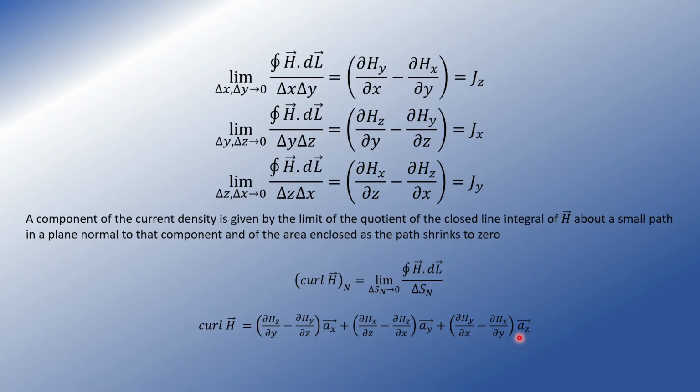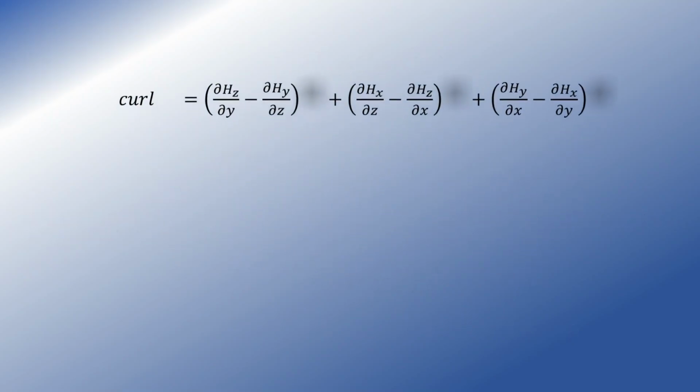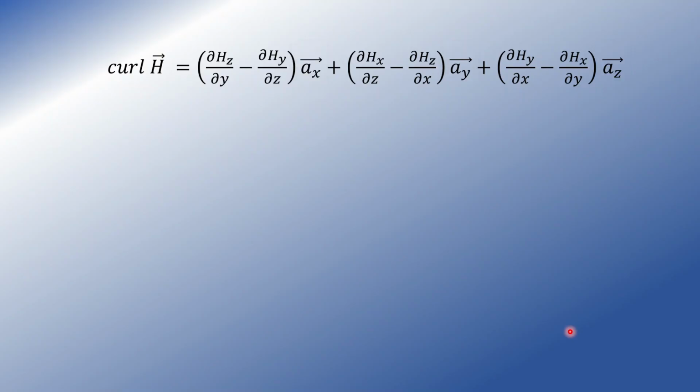ax, ay, az vectors, that is the x component plus the y component plus the z component. So we see here the x component is ∂/∂y of Hz minus ∂/∂z of Hy. This is in the x direction, so we use a unit vector ax. This is in the y direction, so we introduce a unit vector ay, and this is in the z direction, we use a unit vector az. So this is the equation for curl of H